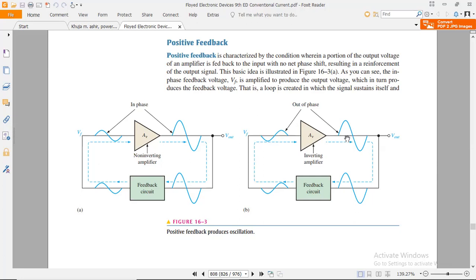So when the output is produced at 0 degree, we get the status of the feedback from this side. Again, the feedback loop converts this as input 180 degree out of phase, and again it is input to the inverting amplifier to amplify the signal, but 180 degree out of phase. That's the main phenomenon of the non-inverting amplifier and inverting amplifier in these concepts of positive feedback and negative feedback.